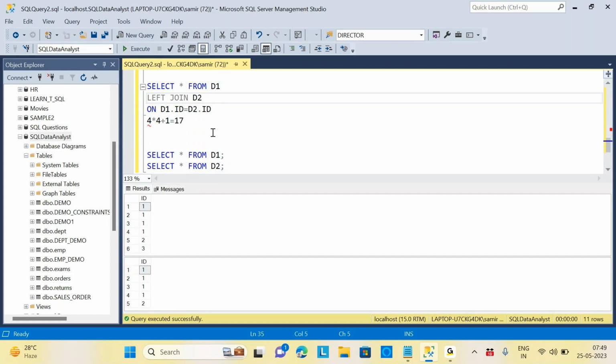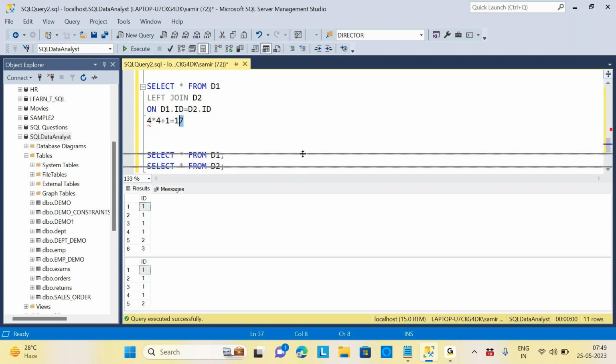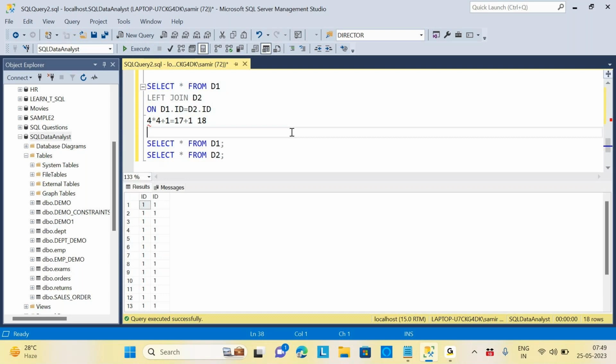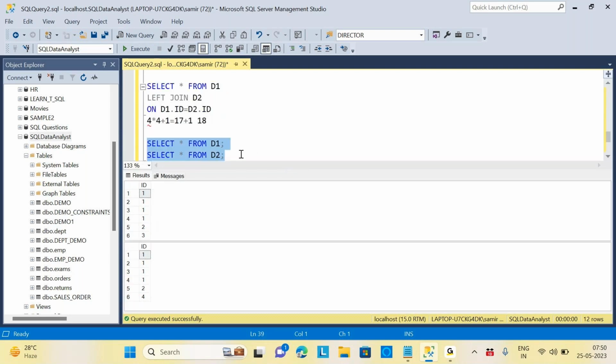tell me how many records I will get. 17 I will get, right? No, it's 18. 18 for what? For the third record, right? ID number 3 will be added. Okay. Now, if I do a right join,